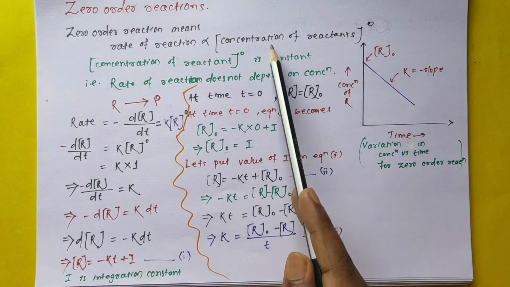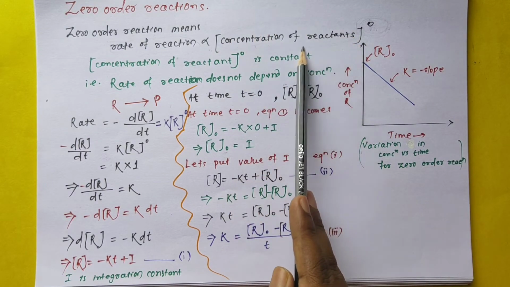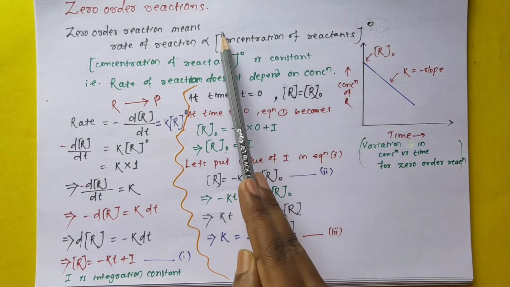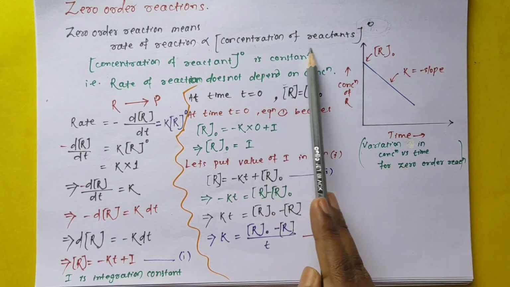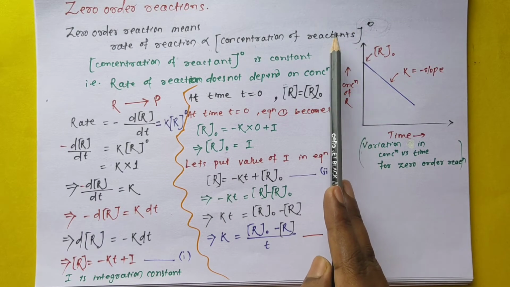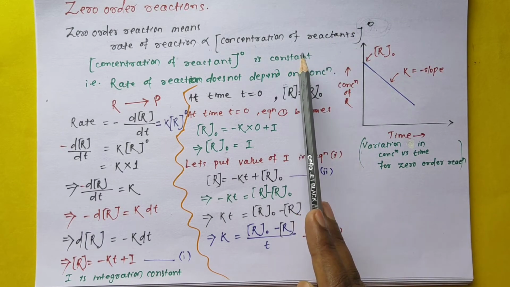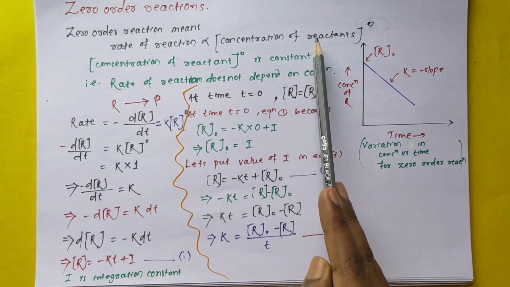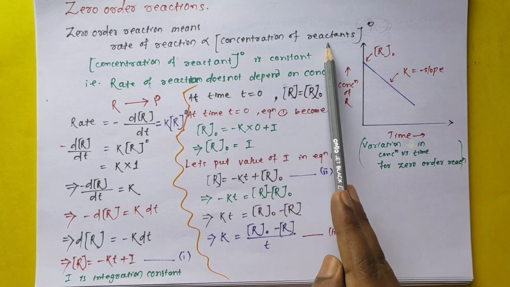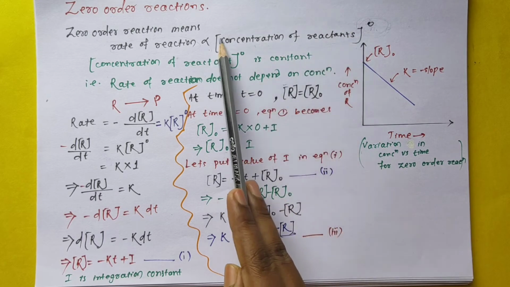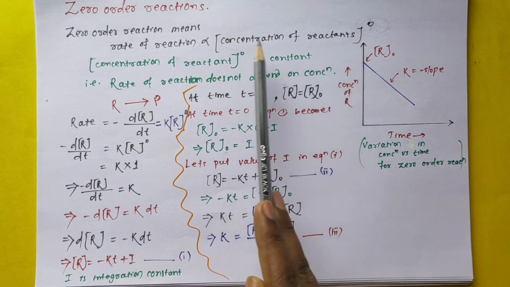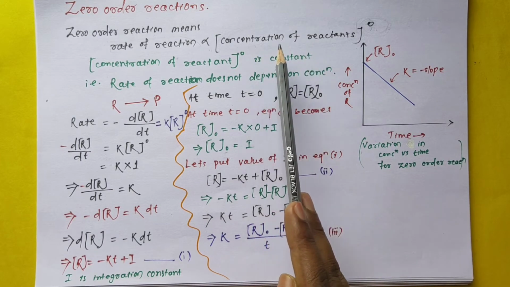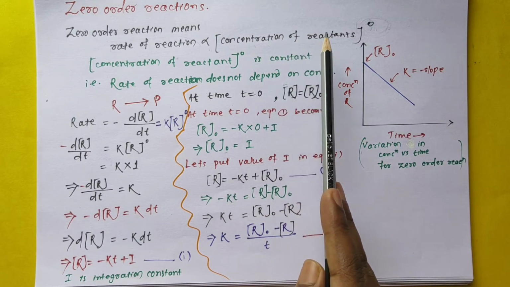So you see here, if the exponent of the concentration of reactants becomes 0, then this term becomes unity, or 1. That means it becomes constant. Then what is the meaning? Then the rate of the reaction does not depend upon the concentration of the reactant. As this term becomes constant, it becomes unity. So we can say the rate of the reaction does not depend upon the concentration of the reactant. Clear? So let's take an equation.